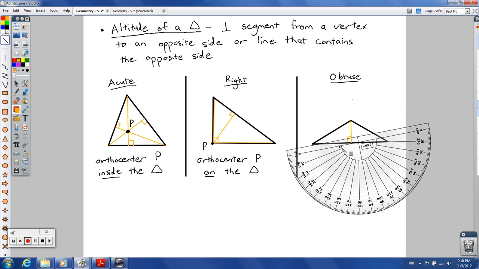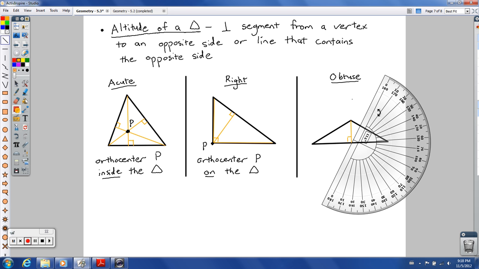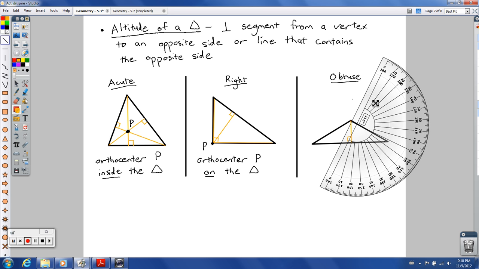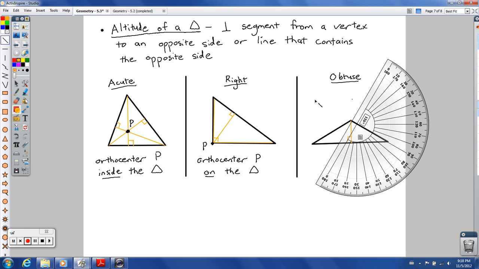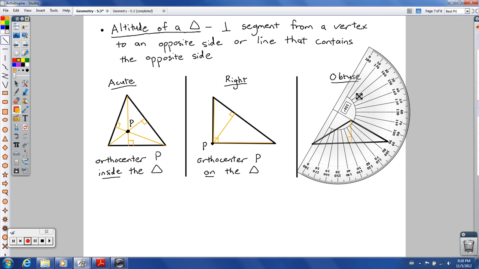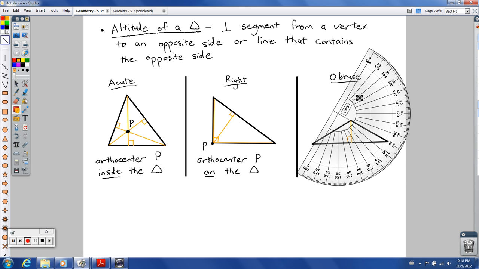Now if I'm connecting this vertex to the opposite side at 90 degrees, let's see what happens with that. So I need to line this up with 90. And there's a rotating guy right there. And so that's interesting. I gotta connect this with that. Here's where this comes into play. So this side, it does not touch the altitude actually. So I'm gonna draw in my altitude